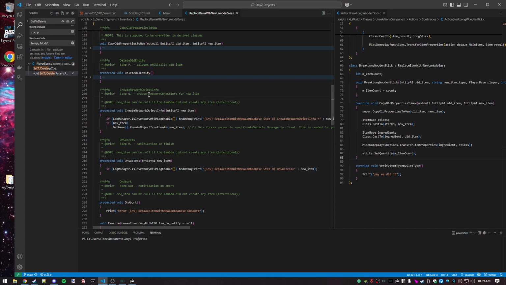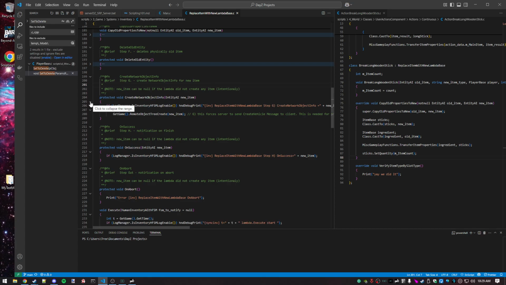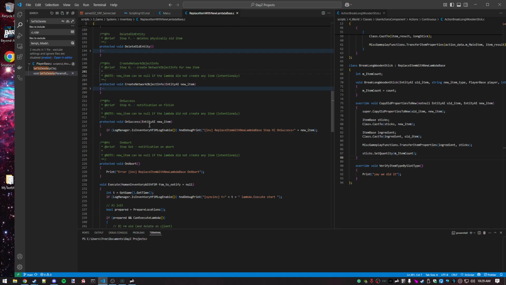G. So now we've deleted the old item. Now let's network the new item so that people can see it and interact with it. And then last, if everything worked, step H, notify that we've finished. Right, and so there's A through H. That's quite a few steps for a Lambda, but necessary for all the important things that are happening during that